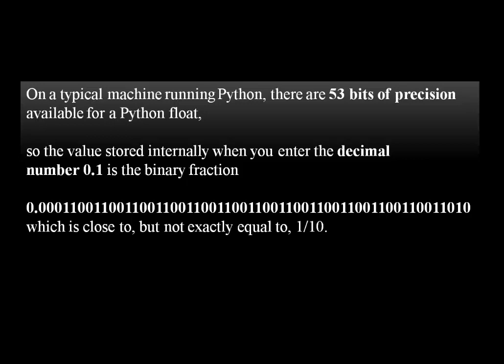So that's why you get to see the decimal number 0.1. The decimal number is 0.1, and it is seen in binary as this big number. Okay, because of 53, if you have patience, you can sit and count. Maybe it goes to 53. Okay, which is close to but not exactly equal to 1 by 10. This number that you see in binary is close to 1 by 10. It is not exactly equal to 1 by 10. Okay, so I have given more examples.